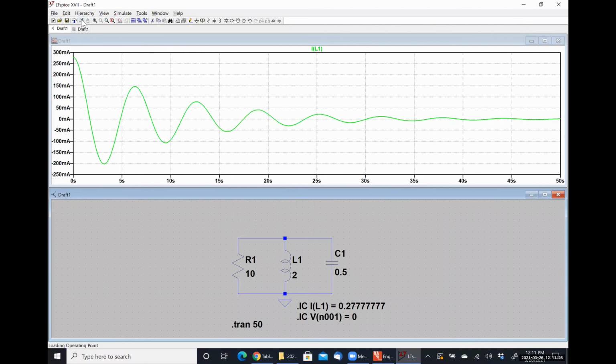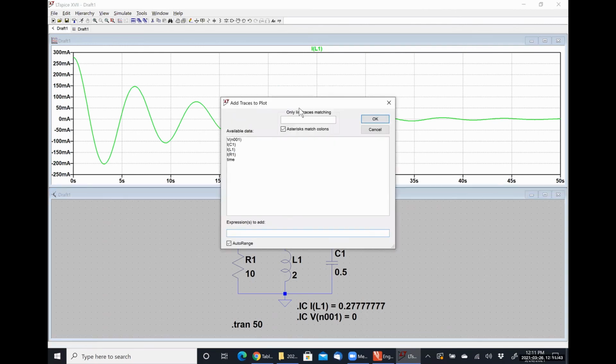All right, so at roughly a minute, it's going to be pretty stable, which makes sense, since a capacitor value of 1/2 farad is absolutely enormous. So that actually seems fairly reasonable. All right, so I can check my answer by adding a trace. So if I am not mistaken, my inductor current was, I need to open parentheses here, 0.27777 because it was 5/18 of an amp multiplied by the cosine of